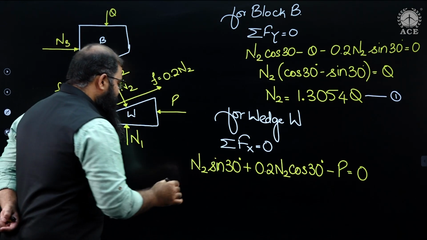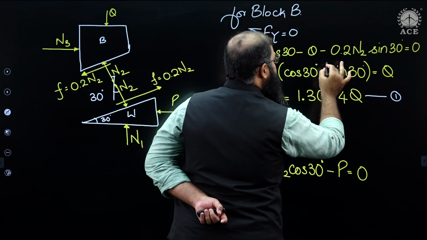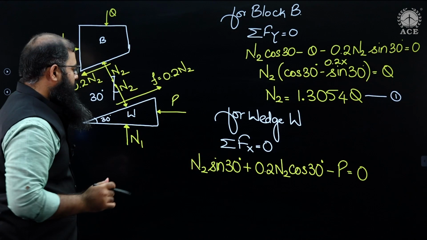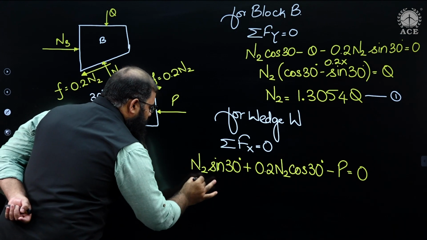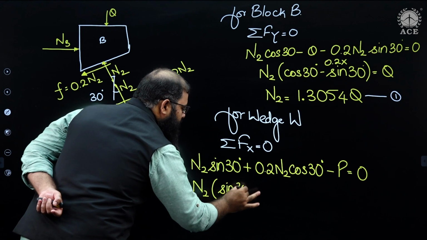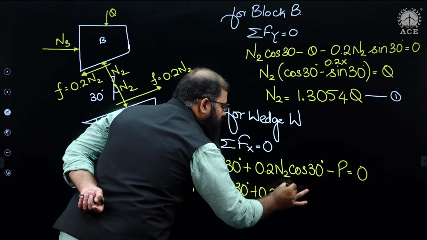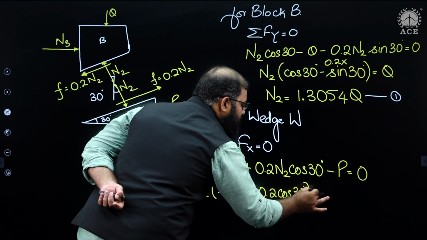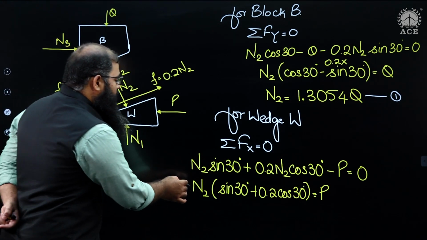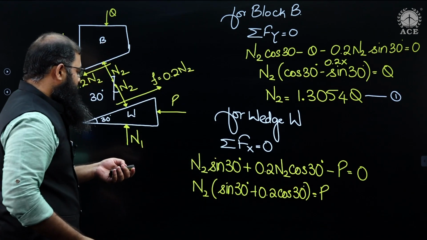Now, one moment please. I have made a small printing mistake over here. This is supposed to be 0.2 times sine 30. Please be careful regarding that. So I have N2 times (sine 30 plus 0.2 cos 30) is equal to P. Now if I put the value of N2 as 1.3054 Q,